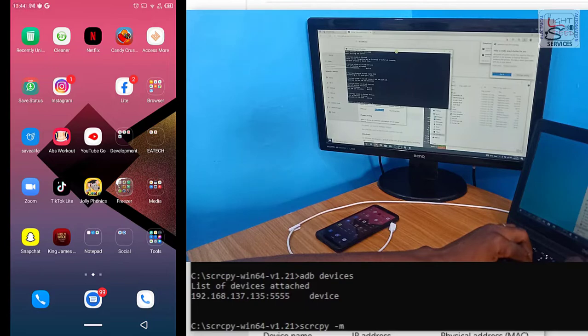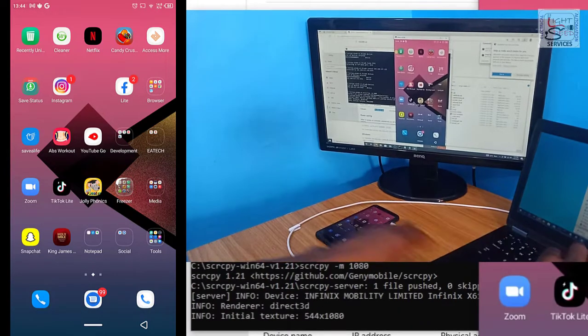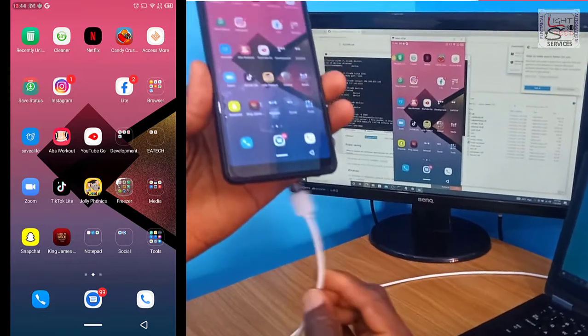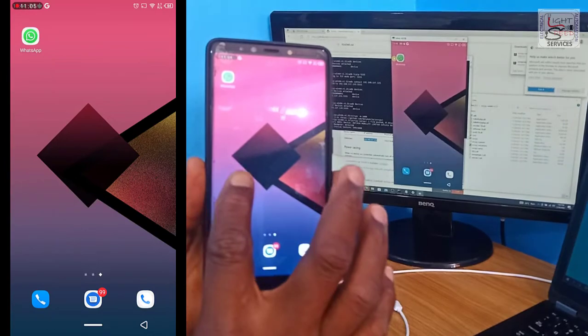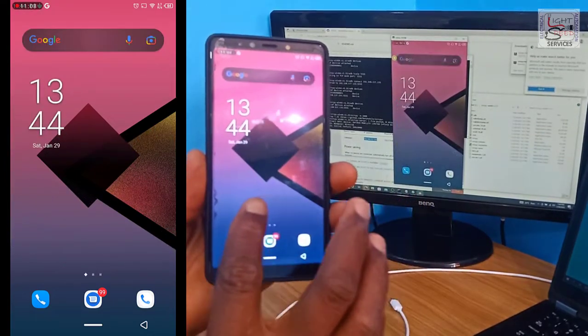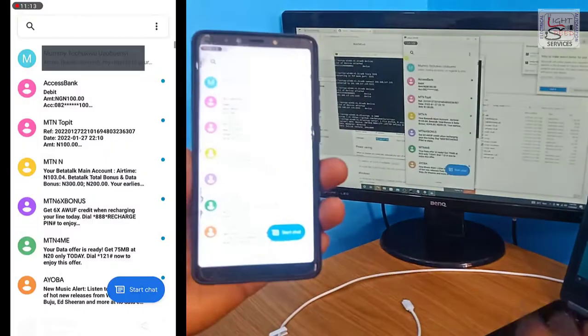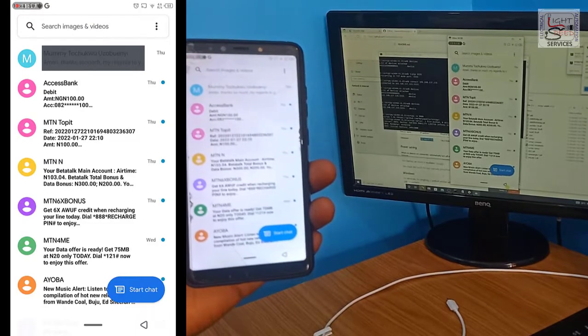I'm connecting wirelessly. As you can see, I've removed the cable from the phone. So when I use the same command again, watch. Now you can see the screen is mirrored again without any cable, nothing is connected. So that means as long as you are within range of this Wi-Fi, I can still do the same thing with your phone. I can do whatever I want with your phone. I can watch what you're doing, and also from my computer, I can control your phone.